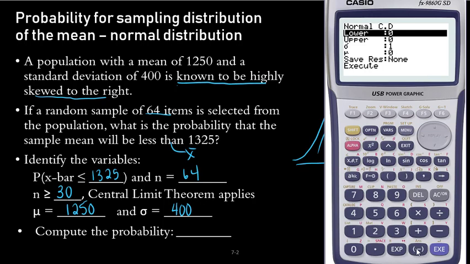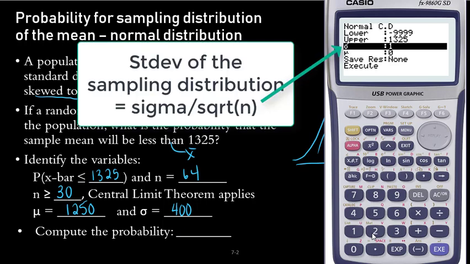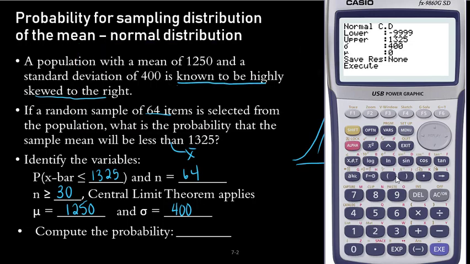Now that we have that drawn and we can see what we're trying to do, in the calculator our lower bound will need to be negative infinity. You can enter this multiple ways. You can enter a very large number like minus 9999, or you can enter minus exponent and 99. Our upper bound will be the thing we're trying to find probability less than, 1325. Standard deviation needs to be the standard deviation of the sampling distribution. So we enter 400 divided by the square root of sample size. Our mean is given to us as 1250, EXE, we're ready to execute, and the answer is